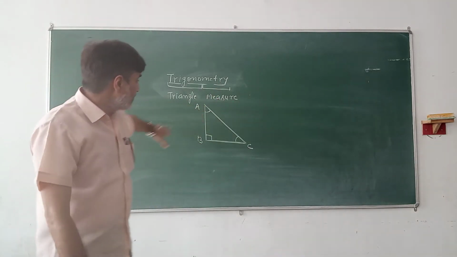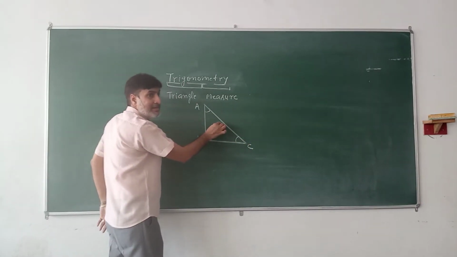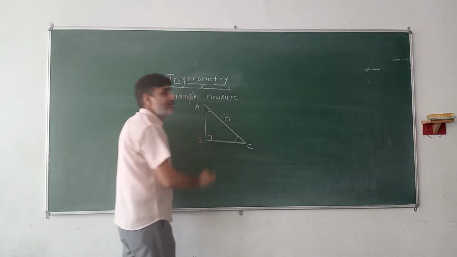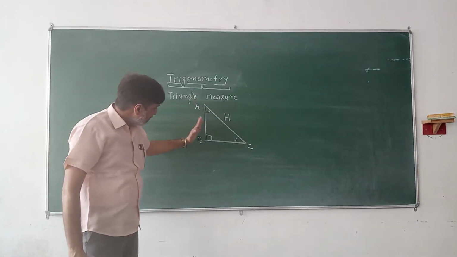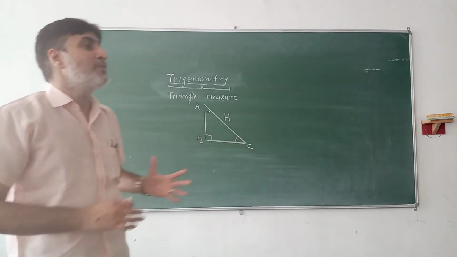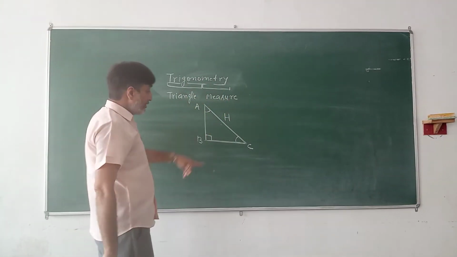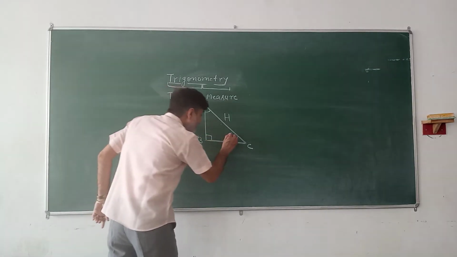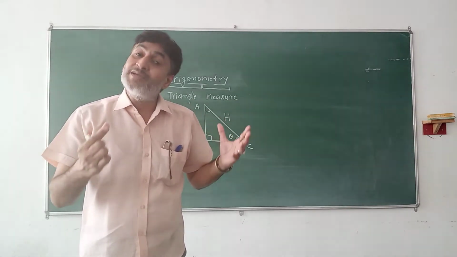In this right triangle, this side AC, which is opposite to the right angle, is the longest one, which is called the hypotenuse and generally denoted by capital H. Of the other two sides AB and BC, one is base and the other is perpendicular. It depends upon the assumed angle. For an example, if we assume this angle at vertex C as theta, theta is the standard symbol for assuming an angle.